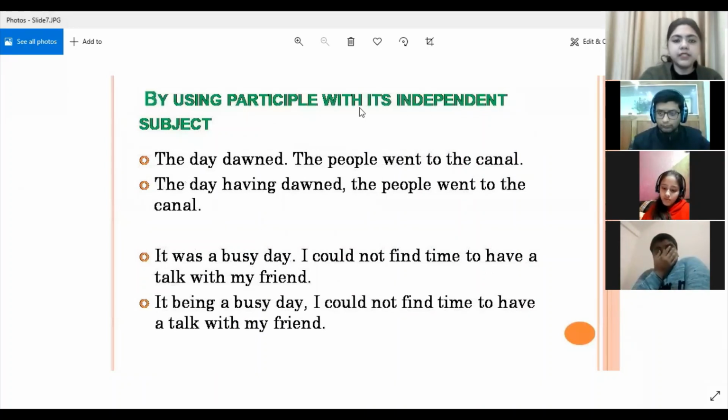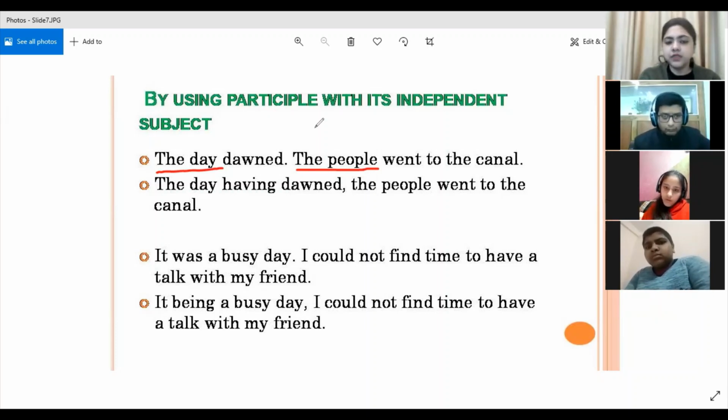Next, by using participle with its independent subject. Now, here, if you see, the day dawned, the people went to the canal. So here, if you will see the subject in both the sentences, the subject is different. Okay, here the subject is the day and here the subject is the people. So we cannot follow the first rule by using participle. Okay, there in both the sentences the subject was the same, but here the subjects are different,